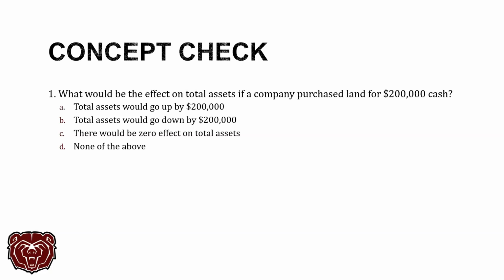So, we really just have to ask what's happening here, especially with the accounting equation, right? We've got one asset that's going up, land. We're getting a new resource, that land, but we're also decreasing an asset, cash. So really there's a zero effect. There's a net zero impact on the accounting equation, right? And that would be answer C there, because one asset goes up by 200,000, one asset goes down by 200,000, they net to zero, there is no